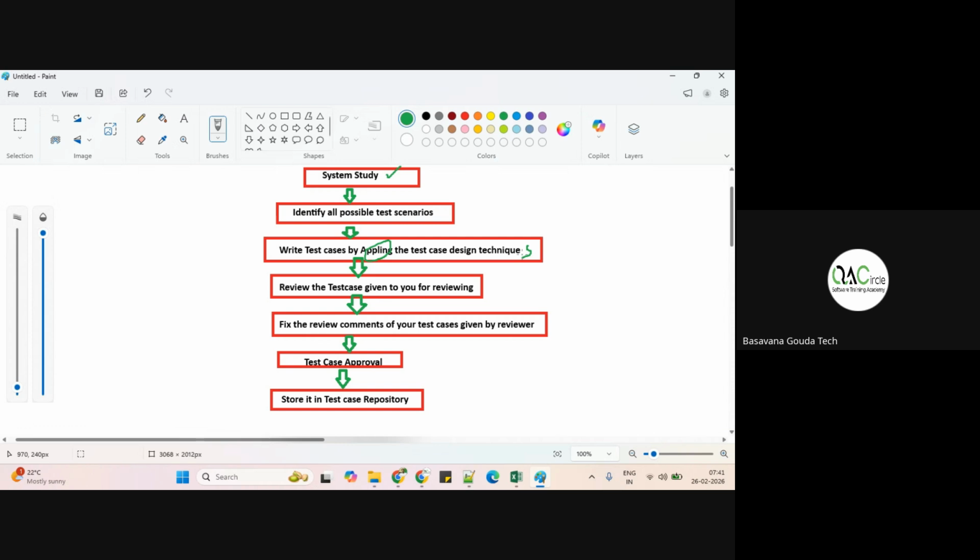Make it as a paragraph and continue. We do a thorough system study, which means